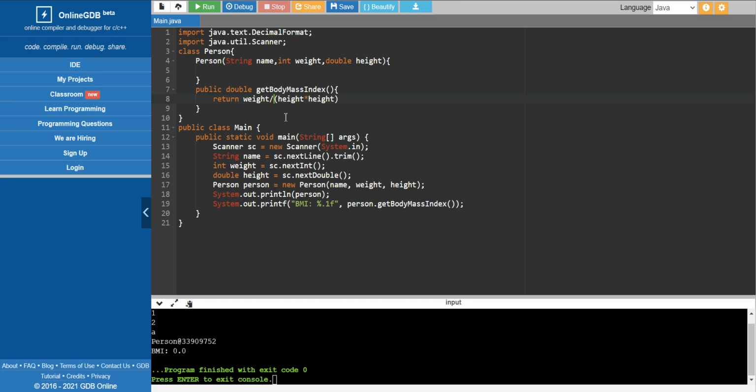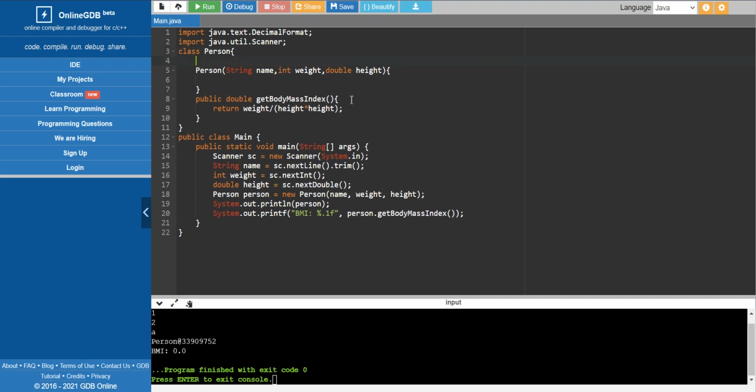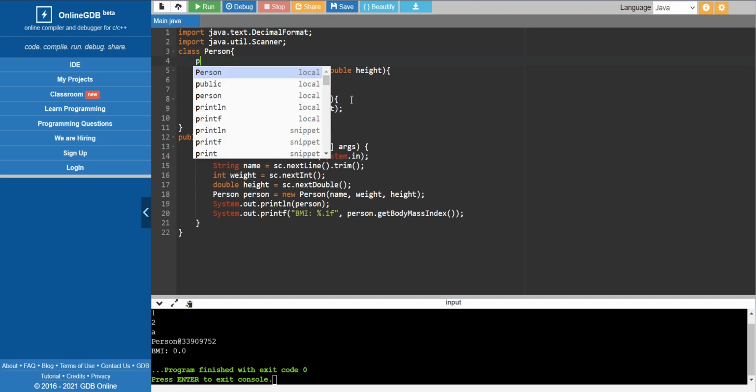So we have to return this value, but unfortunately we don't have this weight and height in this function. For that I'm creating a private variable so I can access this variable in the getBodyMassIndex function without any error.